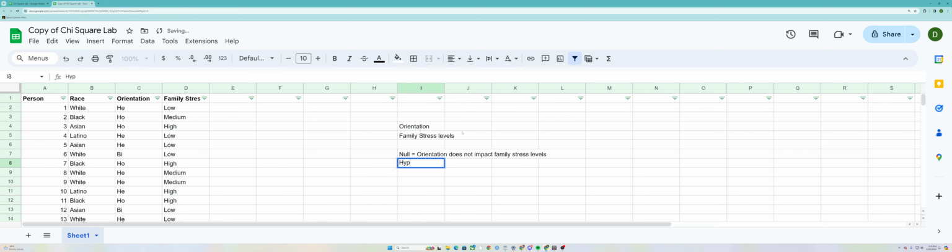Our hypothesis is orientation has an impact on stress levels. Having some issues typing, I guess. So, alright, now that we have that,